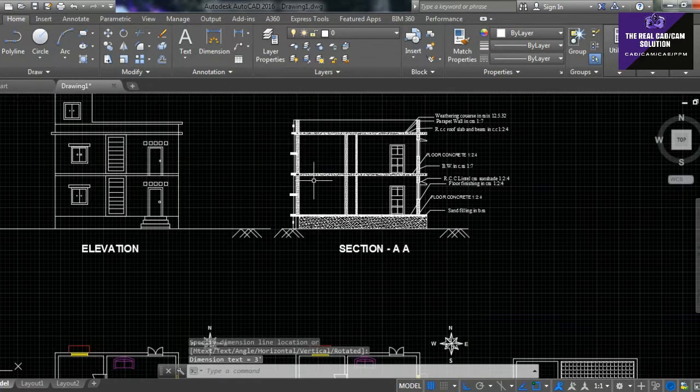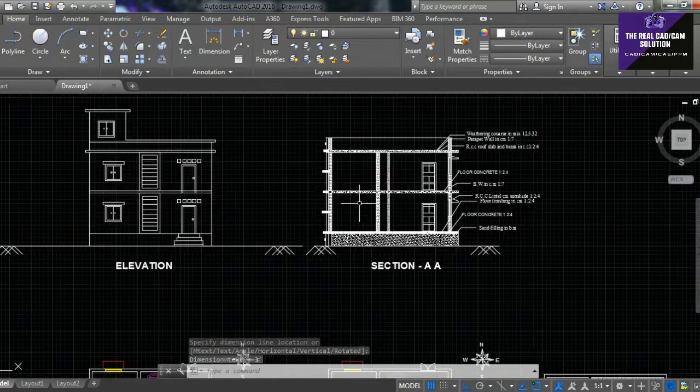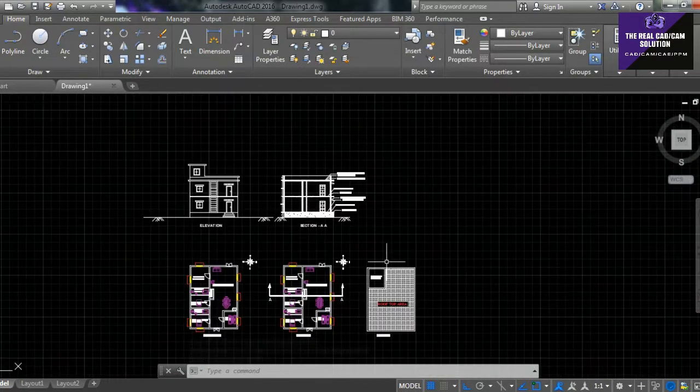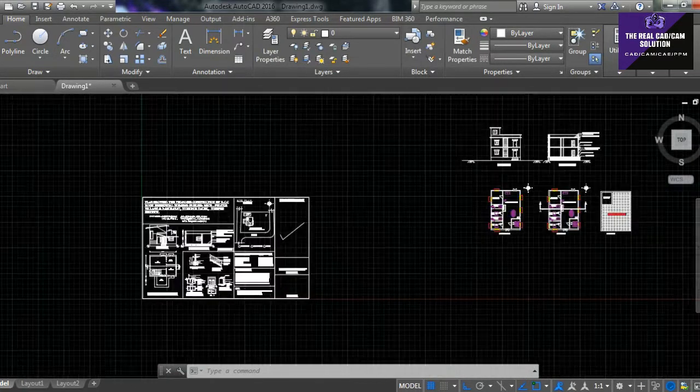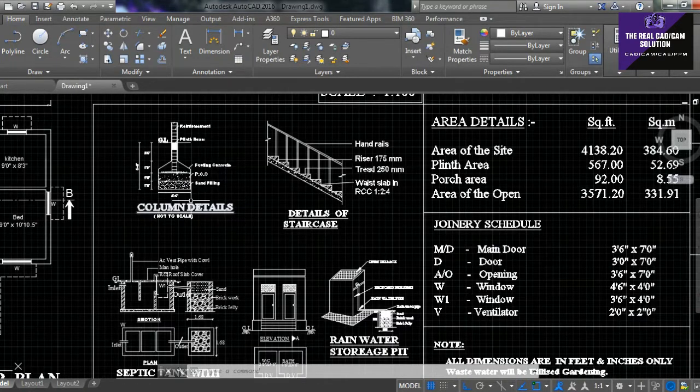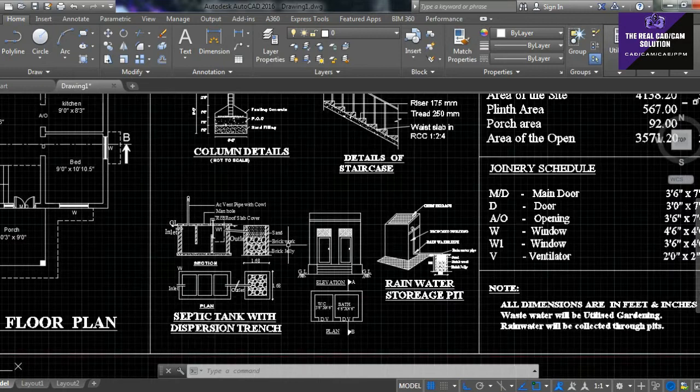This detailing is almost over. Here I'm going to draw the footing and column details. The stair is almost seamless. We have not come to the stair, so I just draw this column detail only.